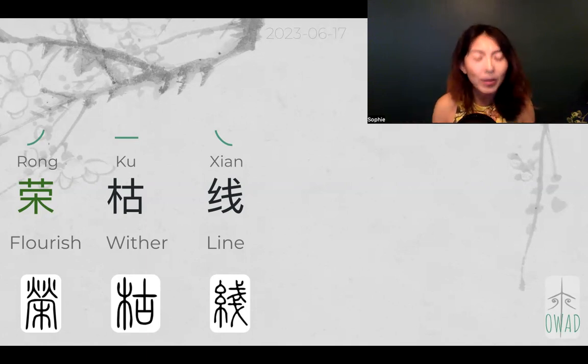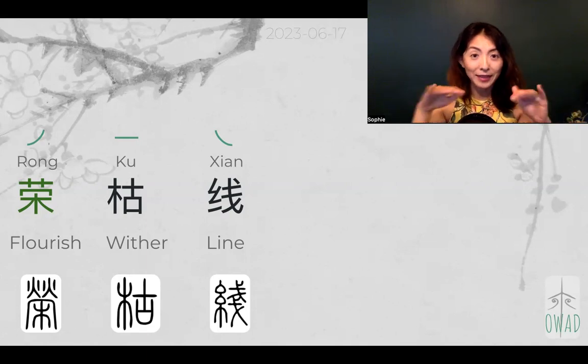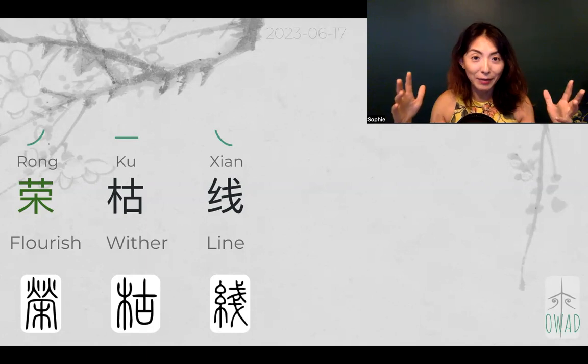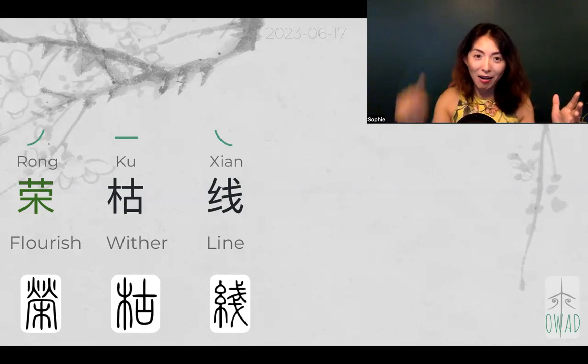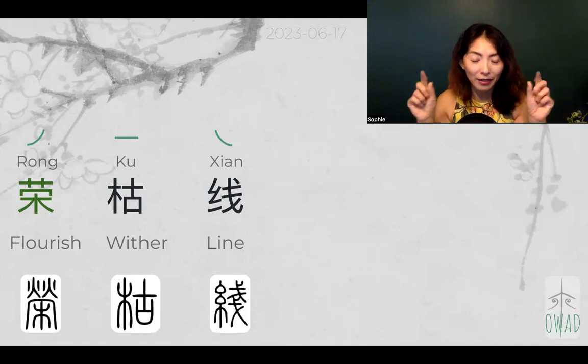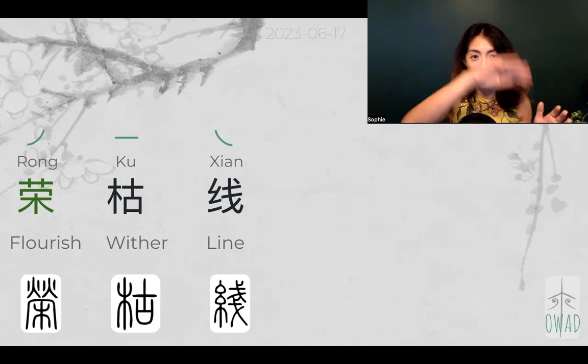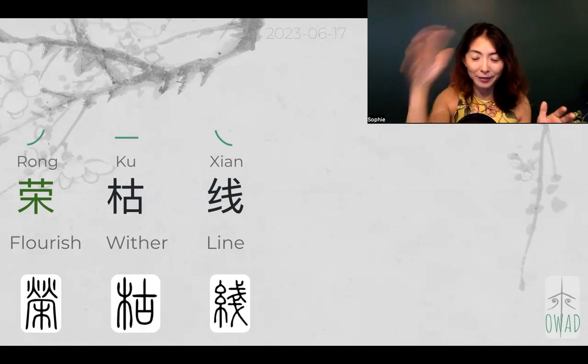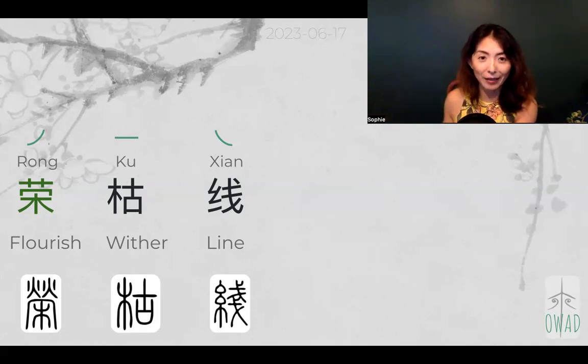of unpacking. Okay, so 荣枯线 we talked about yesterday is about this flourishing and wither, and there's a line to determine that. And I even mathematically showed you this arch thing: when the slope is 0, that's when it's not growing or dying, but that's a very delicate state of being. Most likely, we're either on the growing curve or on the downsizing dying curve.